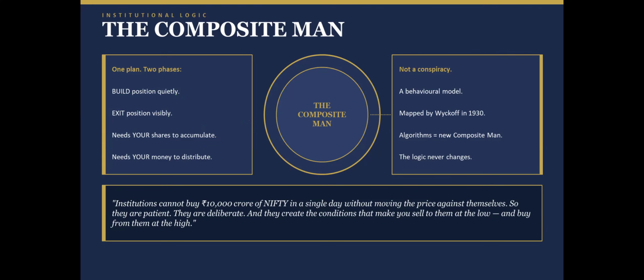If you go to Jesse Livermore's book, he has explained this thing, how he made things work in his favor. So first he locks all the supply from trustees or the promoters, and then he marks up the stock to an up move. As there is no supply in the market, prices start going up when there are enough buyers, and they just need one advertisement. So the composite man first builds the position quietly.